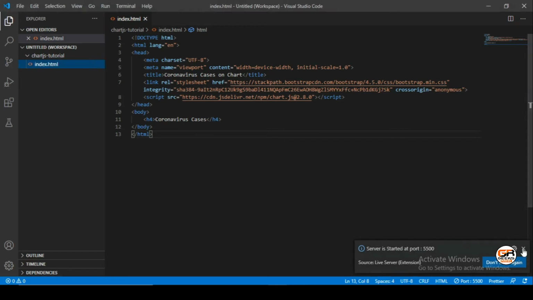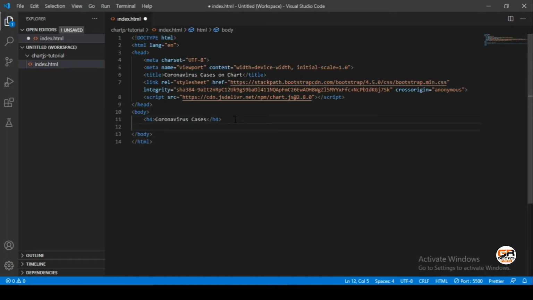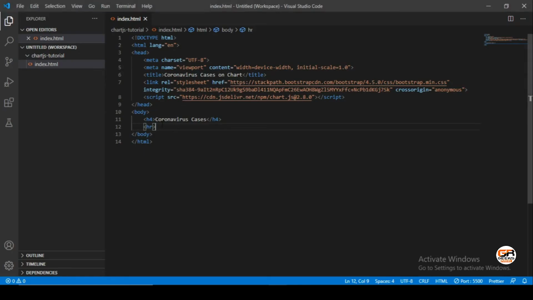Let's create an element for our chart. Before that, let's put everything inside a container, which is the bootstrap class container. Yeah, it looks better.